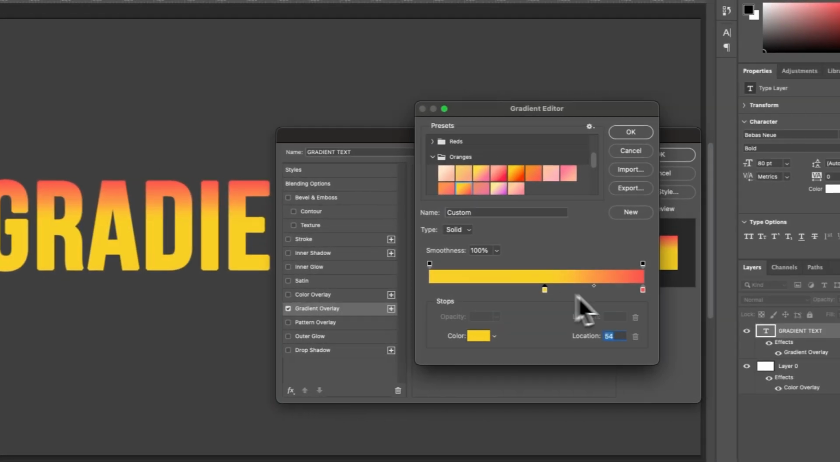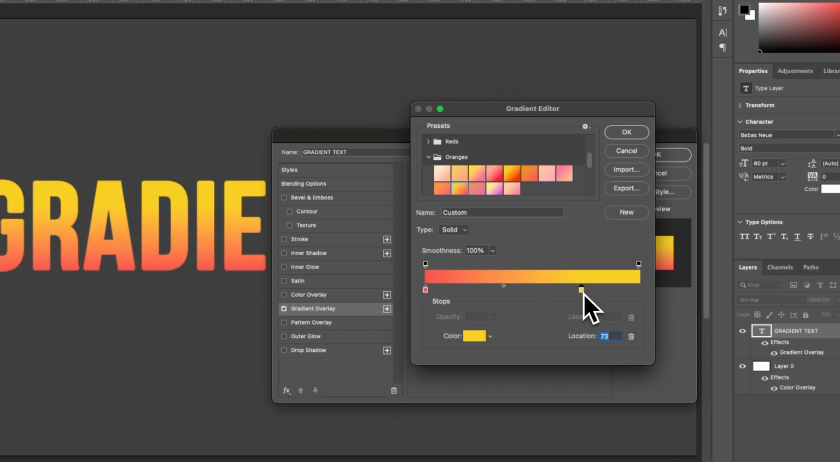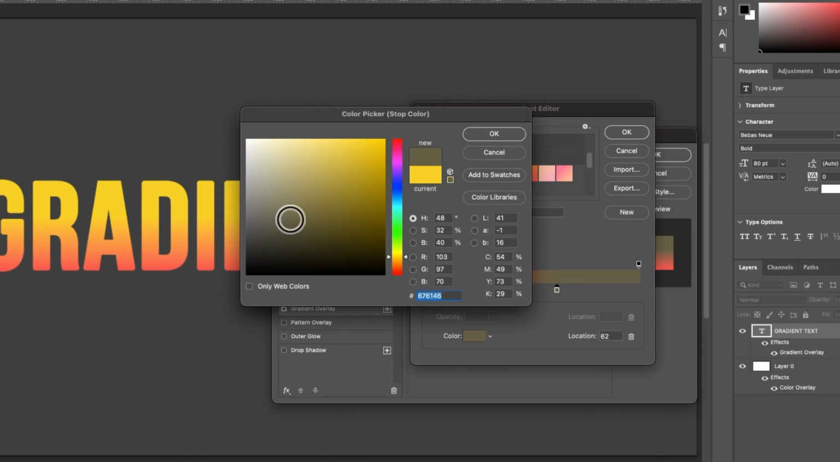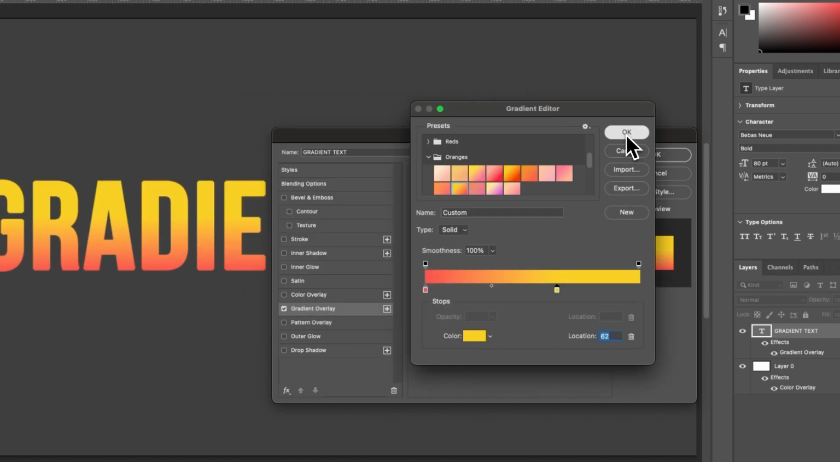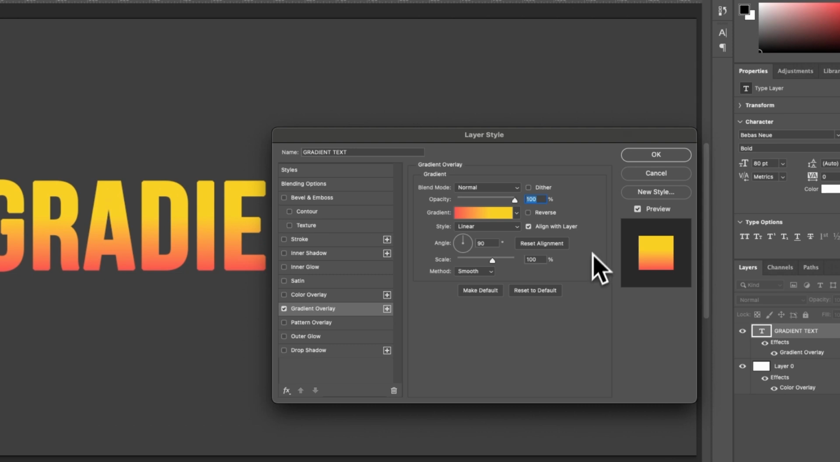If you want to customize the gradient, you can move these boxes around to personalize it however you want to. To change the color, just click into this color box here, personalize it however you want to if you need to do that. Once you're finished, you can choose OK,